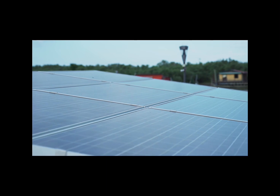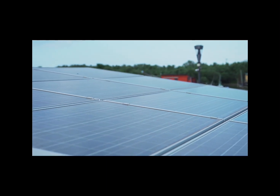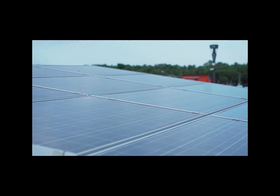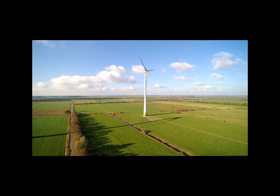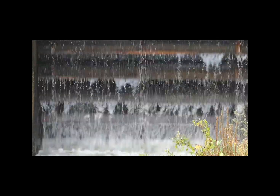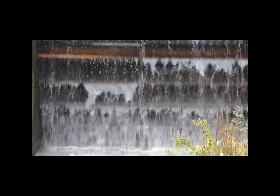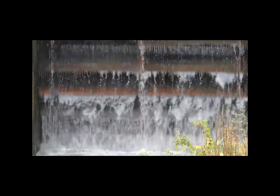Replacing fossil fuels with renewable energy has become a very popular solution, but this still hasn't yet solved our CO2 emission problem. This is partly due to the fact that many are not always reliable. For example, solar energy and wind energy rely solely on weather conditions. There's also hydropower, which is reliable, but disturbs river habitats and fish population and forces the relocation of humans and